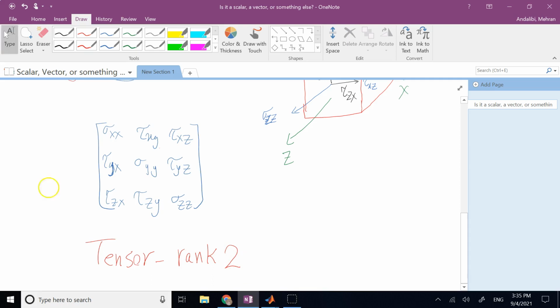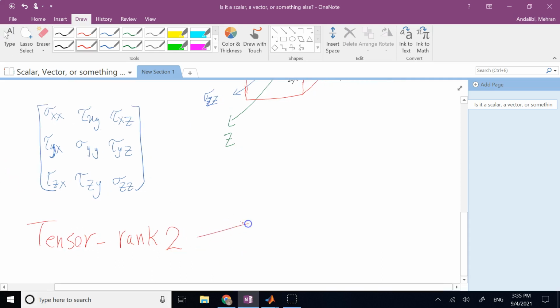In that sense, a vector like omega is a vector, but instead of vector, I can say it is a tensor that only needs one direction, so we call it a tensor of rank 1. So all of the vectors that we know are tensors of rank 1, and